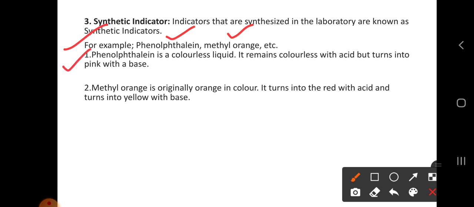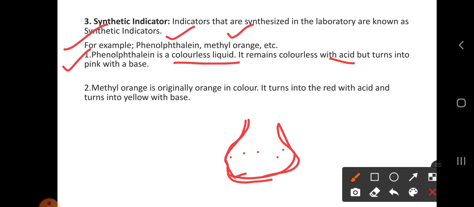Phenolphthalein is a colorless liquid. It is a colorless substance. It remains colorless with acid. So when you use the phenolphthalein indicator to check whether a given substance is an acid or a base, let us understand one situation. Suppose this is our conical flask, and it is full of acid. If you add a few drops of phenolphthalein indicator,